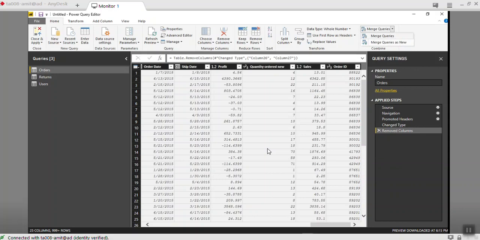Merge queries means whatever query I have selected first in the order table, it will merge the next selected query into this particular query. Merge queries as new means a fourth query will get generated here. So we'll do the merge query.